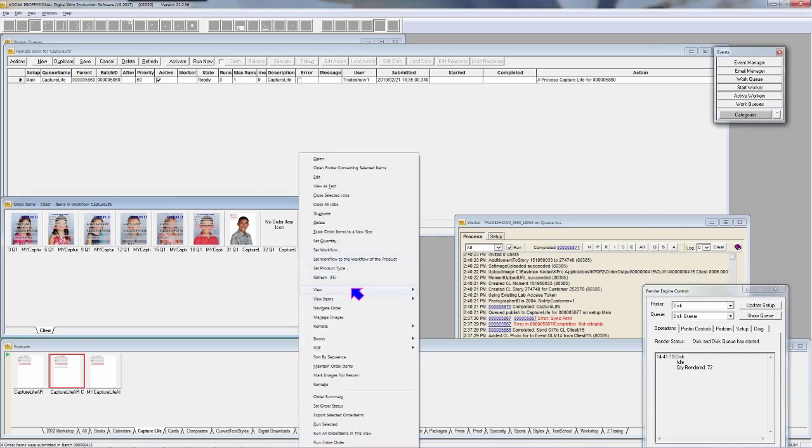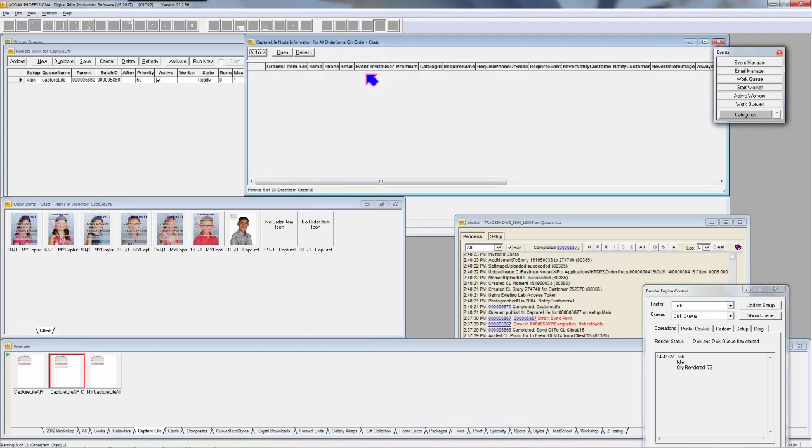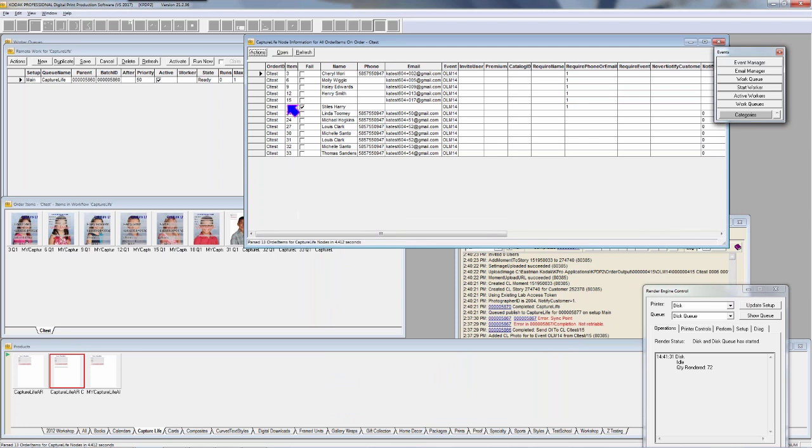So let me right click here under view. If you want to take a picture of this, that's why I'll slow down. There's this view CaptureLife data, and it runs a report, really returns records in a table, but I call it a report. And because I do have an audit included in at least some of these CaptureLife products,